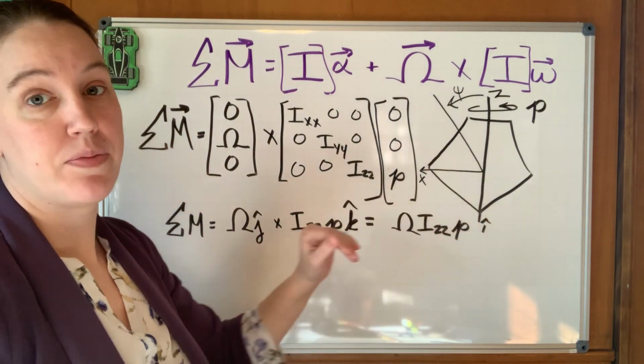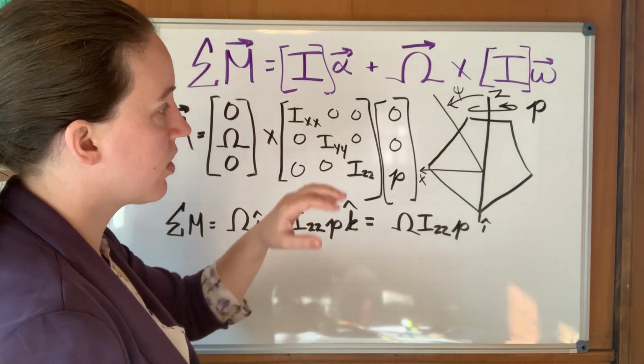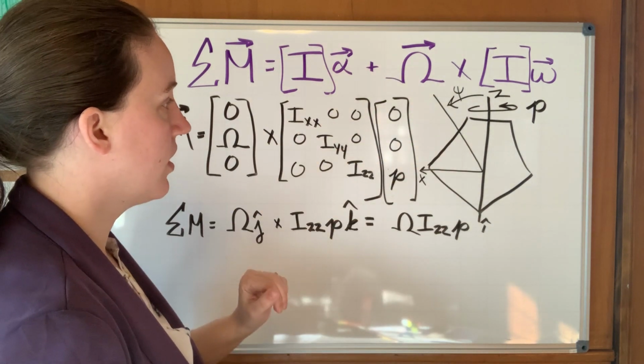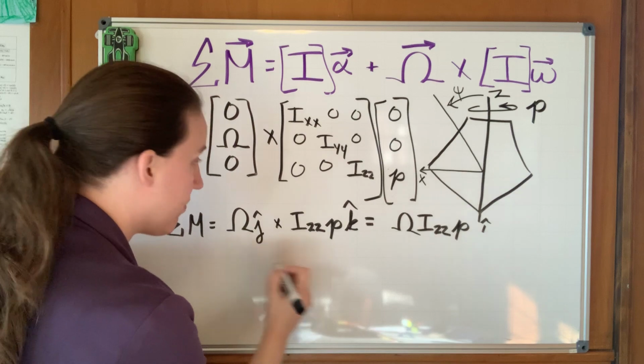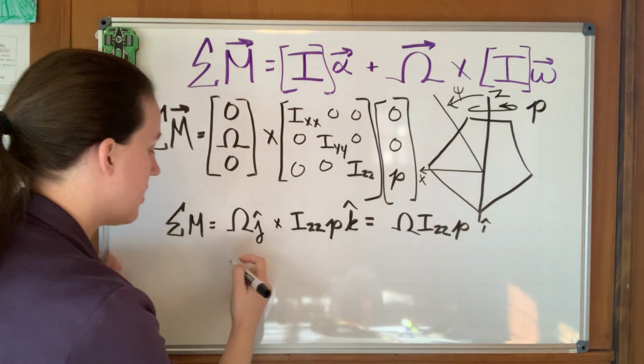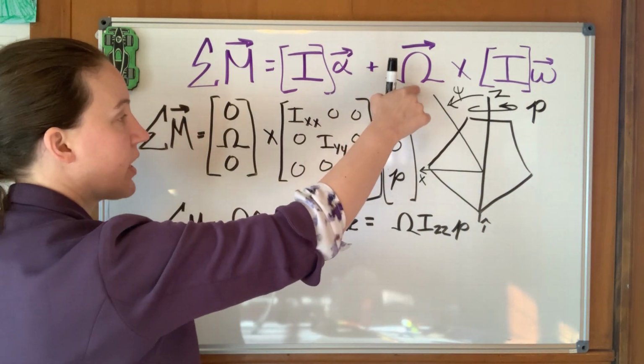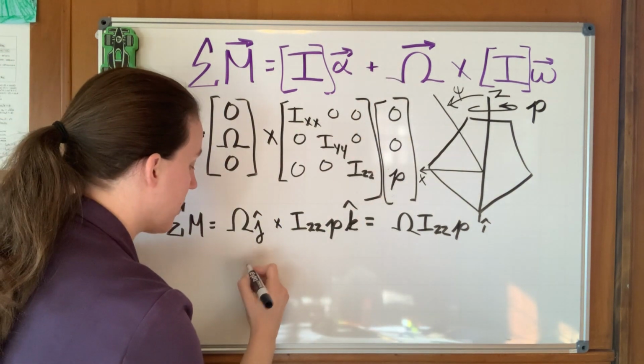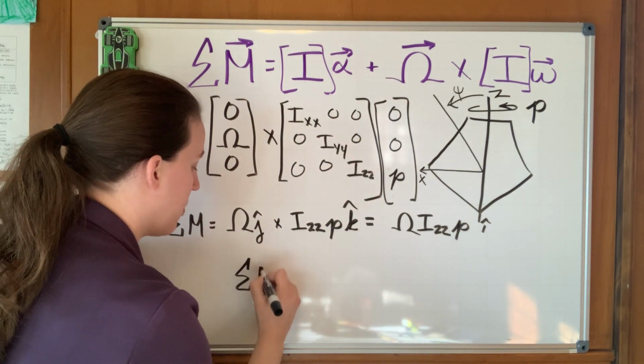Positive I that would cause that rotation. Okay, so in this case I kind of drew all the axes perpendicular, but you can still use this equation if this big omega vector isn't perpendicular. You just end up with the sum of the moments